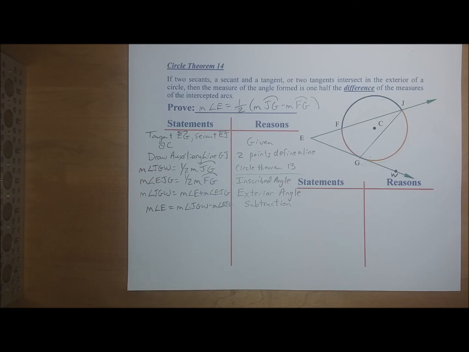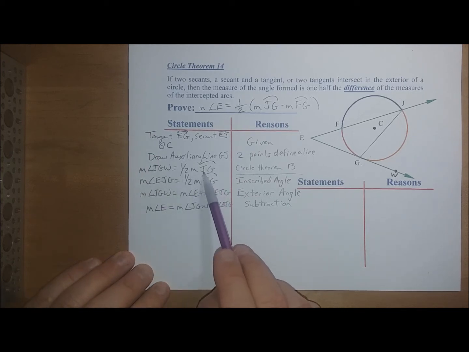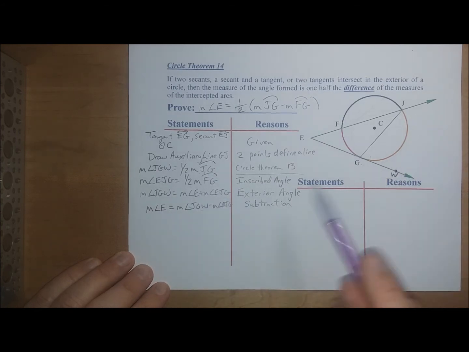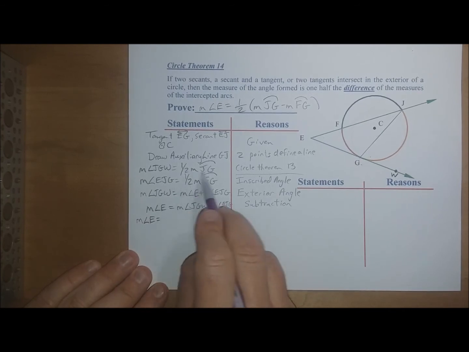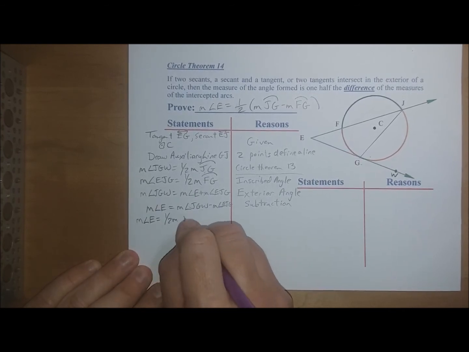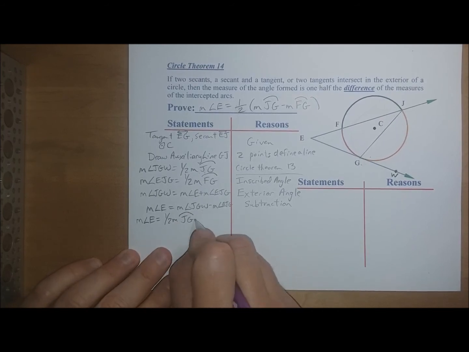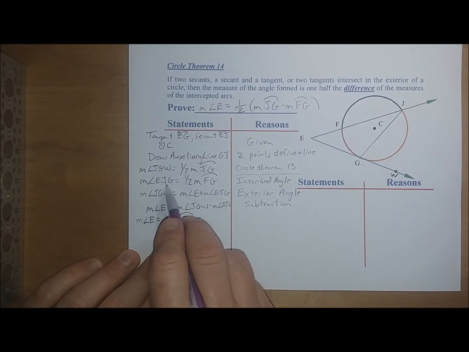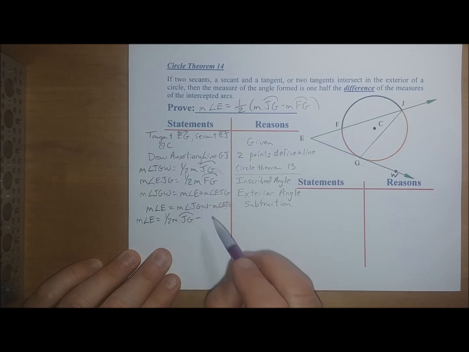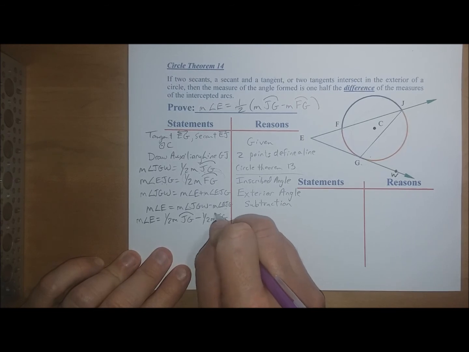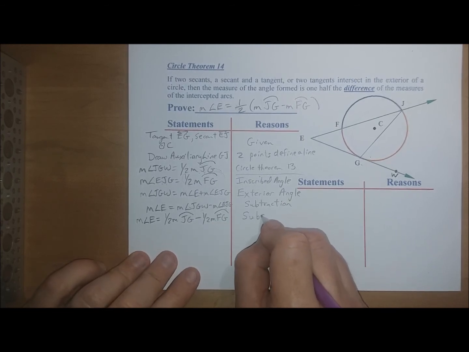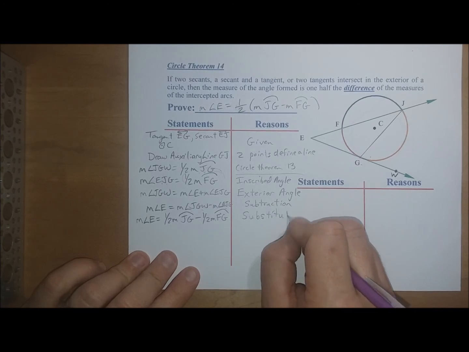Okay, I'm feeling some substitution coming on. Anybody see it? That angle JGW could be written in terms of this arc JG. Could we write this as the measure of angle E equals 1/2 the measure of this arc JG minus, what do we know about angle EJG? We know it is related to this arc FG. It equals 1/2 the measure of arc FG. Good. Is that a double substitution? Substitution? Yeah,